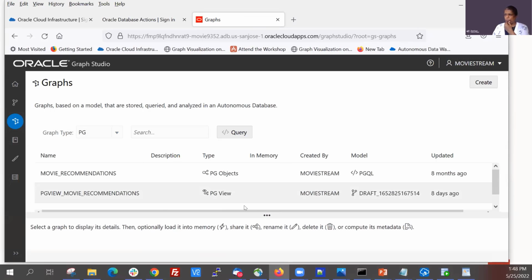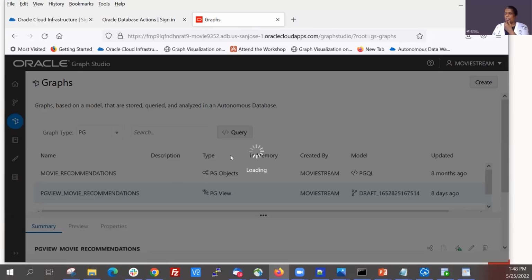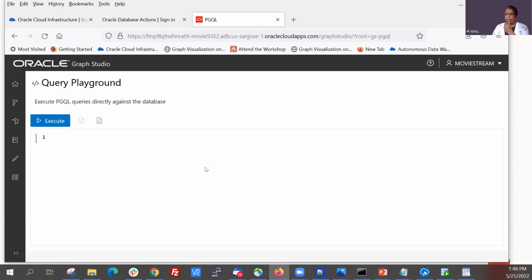So I have this view here, and this is a graph of type PG view. So I can select that and go to my query playground here. And then let me bring up my query screen here, my list of queries that I have. So I could run a query like this